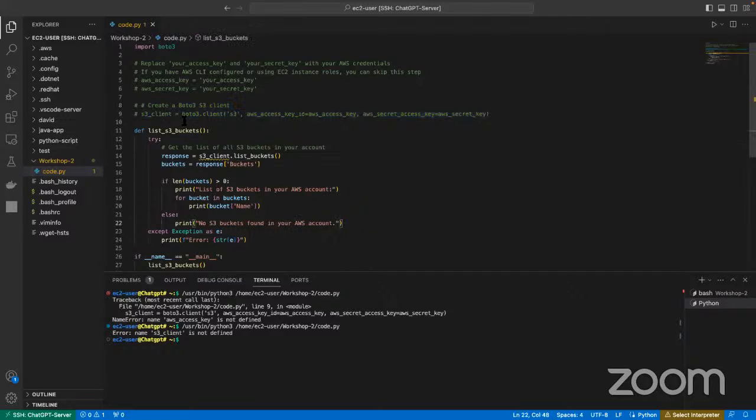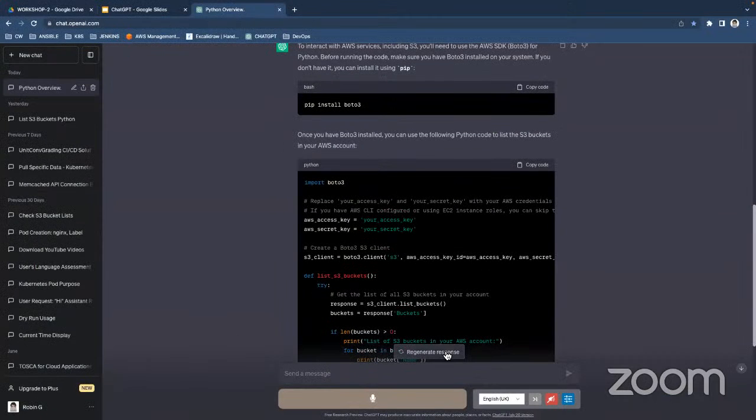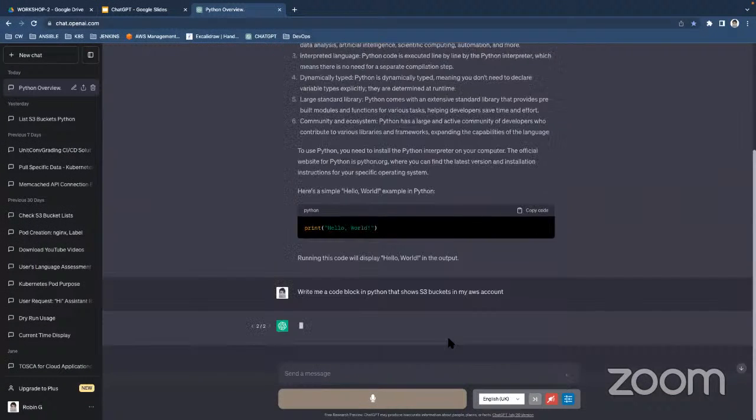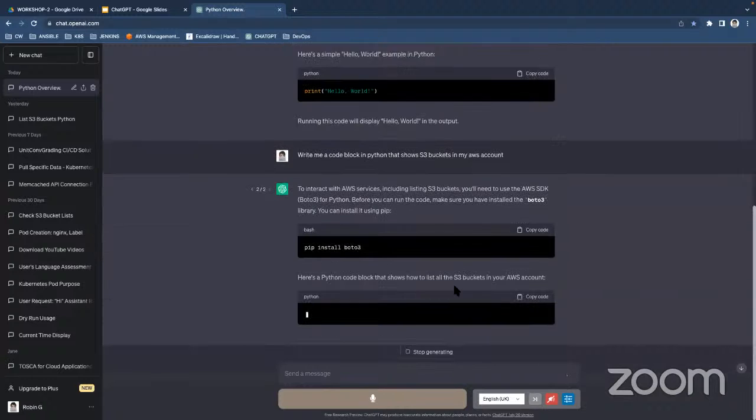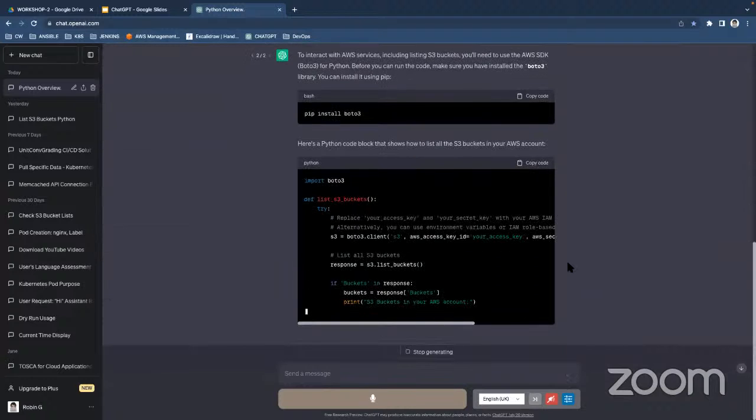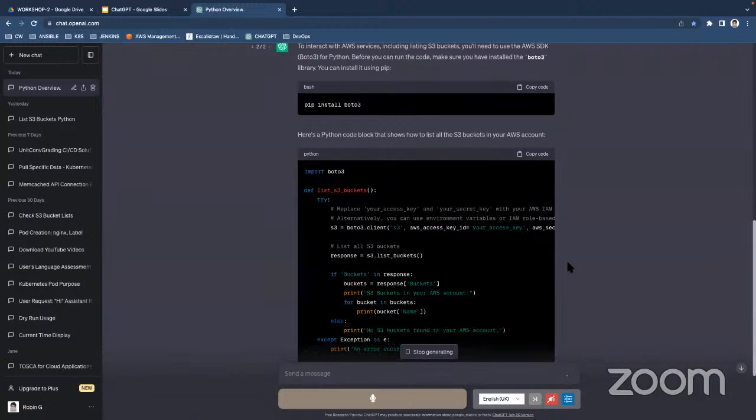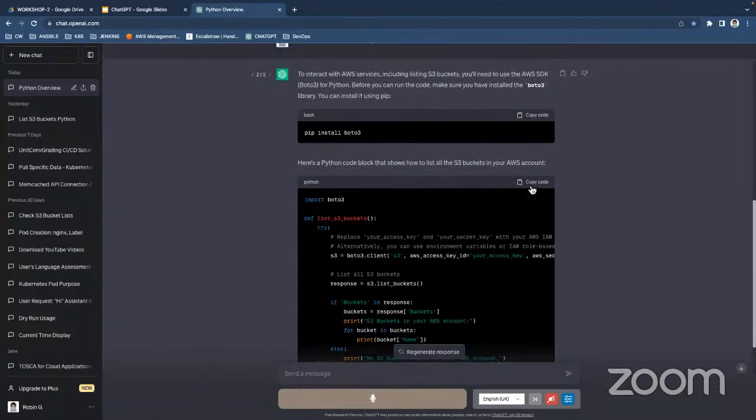Sometimes we need to define some extra things. So if we get an error, we may regenerate the response. Just click on it, and it's going to give you another code. Here we have it as well. I'm just copying it from here,